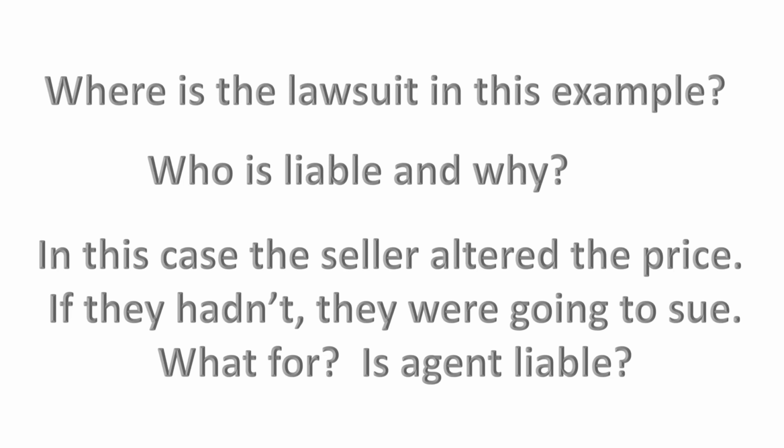If they weren't going to do the price reduction, my clients were going to sue. I don't know that a judge would give them damages per se, but certainly I feel very confident that the seller would have had to reimburse my client for all of the inspection costs, because what they were told was not the truth. And then you got attorney fees on top of that. And when you lose, you usually have to pay the attorney fees too. So the seller was probably smarter than the agent in this case and said, I probably need to do the price reduction. I am of the opinion the agent is liable